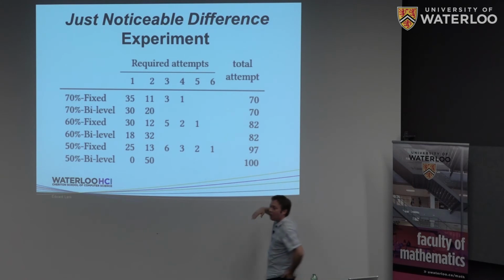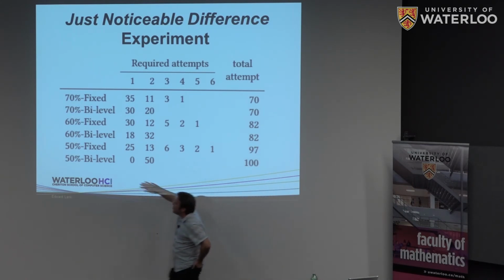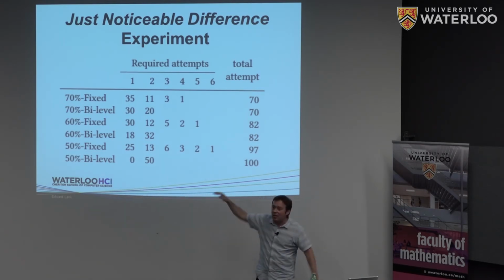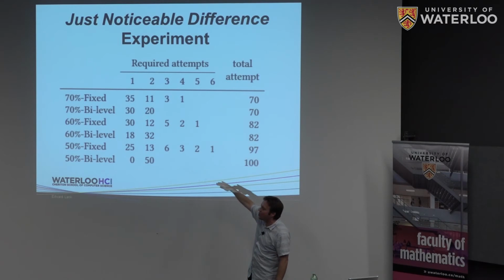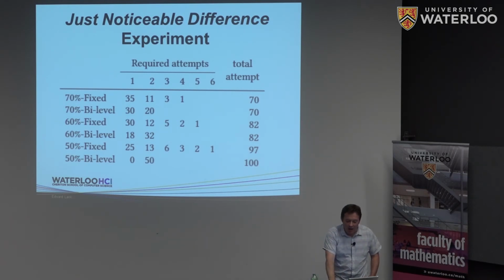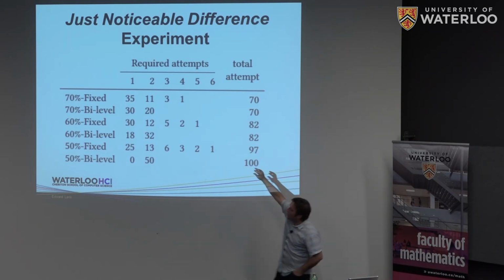And we fixed recall rates at different levels. Some people may complain about these different levels of recall. If you're complaining about these different levels of recall, I do have another slide that shows that recall on single instance interaction for some of these gestures can be as low as 30%. But anyway, we manipulated recall rates like this, and we ran a type of psychological experiment called a just noticeable difference experiment.